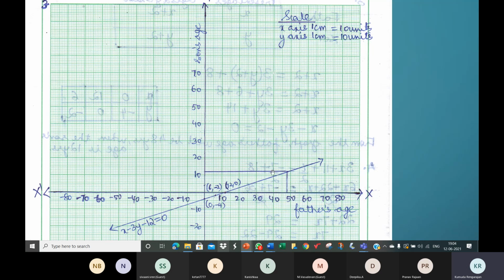To get this on the graph, you might get 47 or 47.5 or 49. So you should have worked it algebraically and got the answer. See, I worked it algebraically. I got the answer 48. So I made sure that I get 48 on the graph also. So it's very important you work algebraically and get the answer. When y is 12, x is 48. You must get 48.